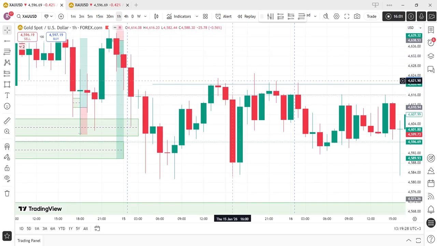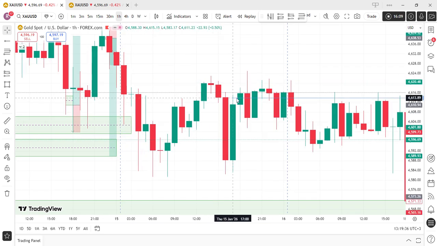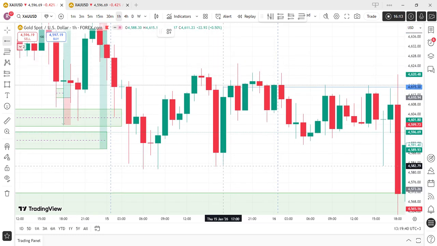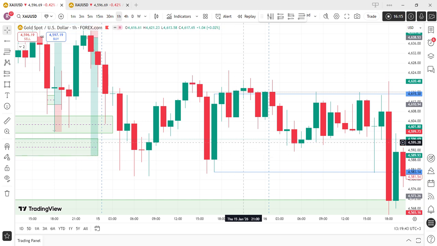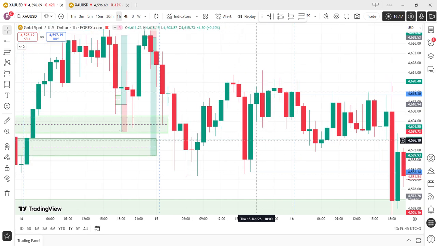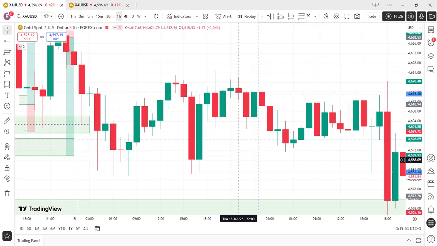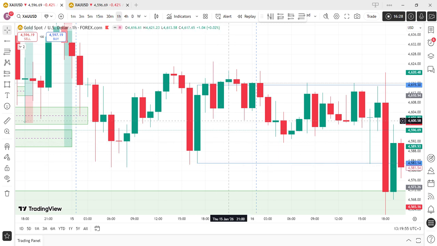And remember, Silver Bullet, what time is it? Here we have our Silver Bullet, 17 what? 17 p.m. So what do we do? We mark the high. Same exact thing, my guy. We mark the high and we mark the what? The low. If you're looking for sells, we're waiting for liquidity on the buy side to be purged. We look for a gap, then we sell. And that's exactly what was happening here.